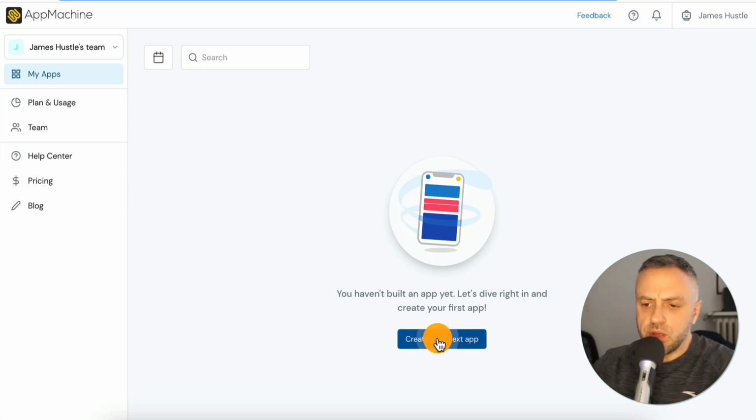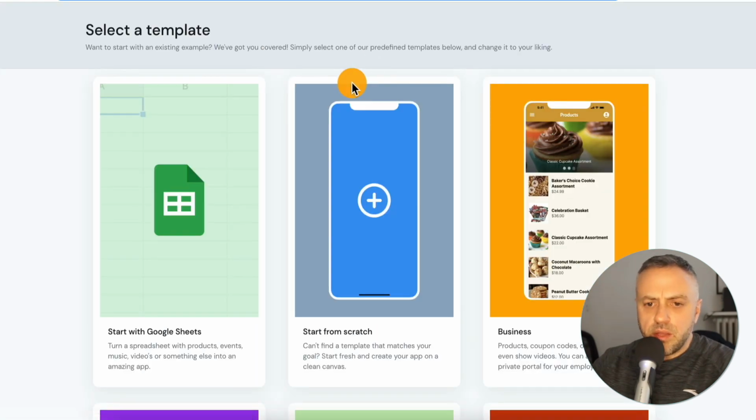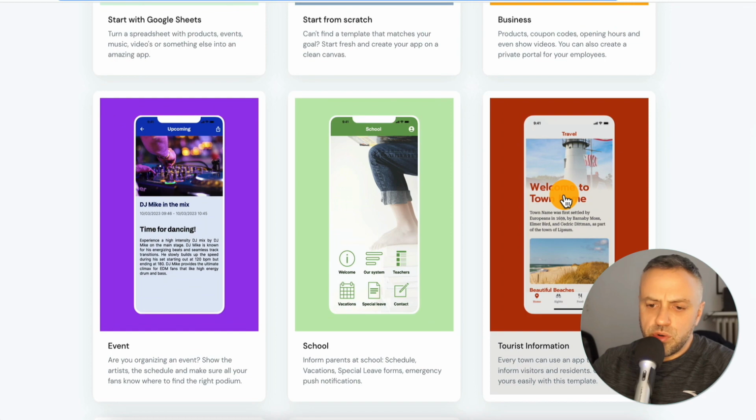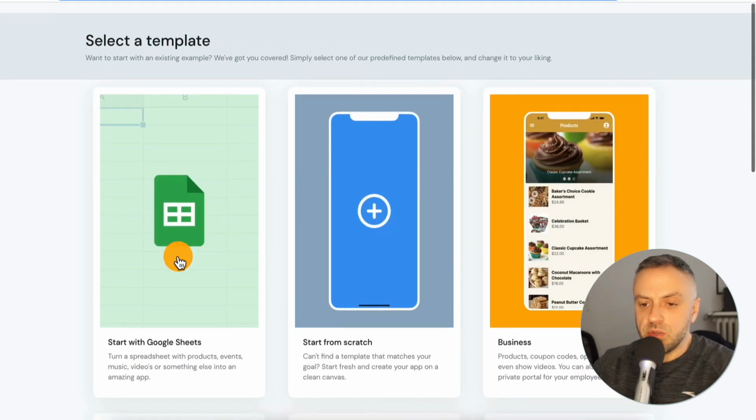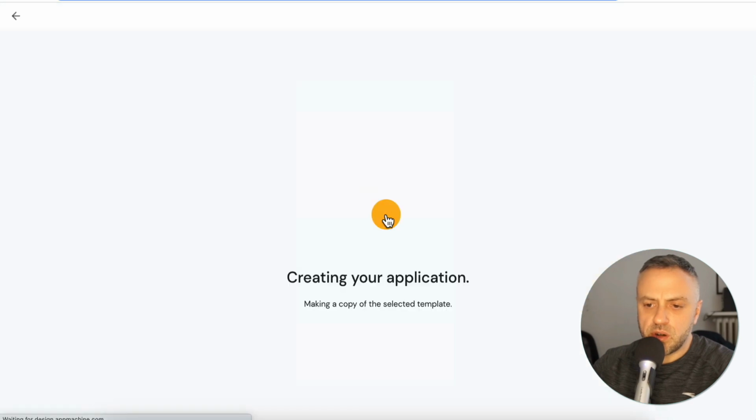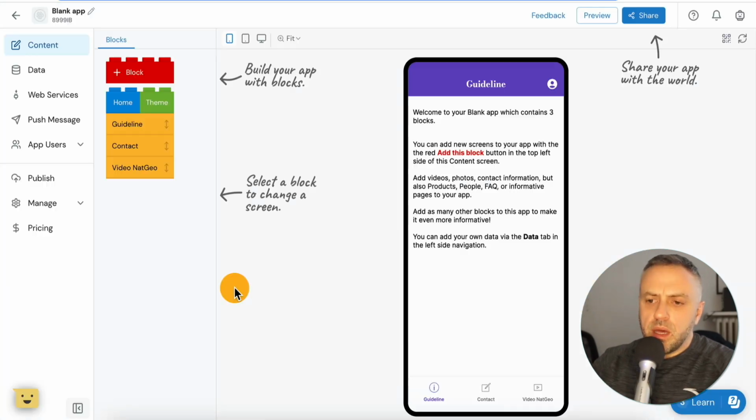We're going to click on create your next app here. And you have a lot of options. You can start with Google Sheets. You can start from scratch, business, tourism, school, event, business event, religious community. So let's go ahead and do start from scratch. Let's select that, creating your application. And we've been redirected to the screen. So it says here, build your app with blocks, select the block to change the screen,